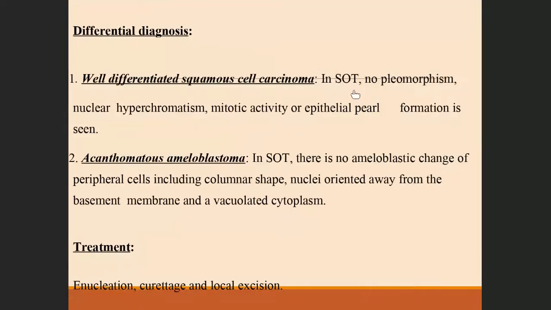So here the same thing is discussed. These are the histopathological differential diagnosis. That one is well differentiated squamous cell carcinoma. The second one is acanthomatous ameloblastoma. So in squamous cell carcinoma, you will see a lot of dysplastic features, whereas here they are normal or bland squamous epithelial islands. Now acanthomatous ameloblastoma, at the periphery, you can see those ameloblast cells following the Vickers and Collins criteria, whereas here you find cuboidal cells.